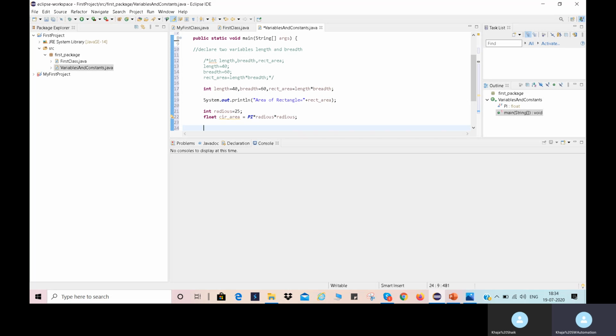Now let's display the output. System SYSO, control space, area of a circle is equal to. Here we use the concatenation operator. In a print statement the plus will become a concatenation operator; in other statements the plus will become an addition symbol.